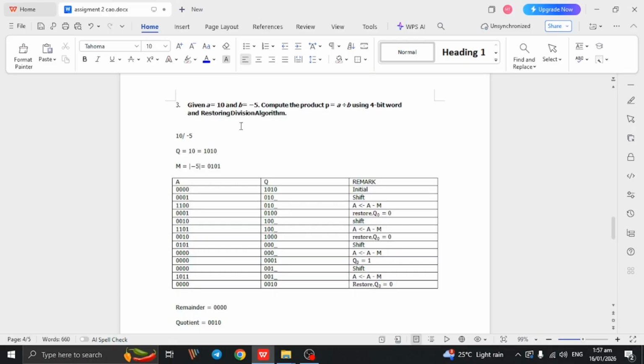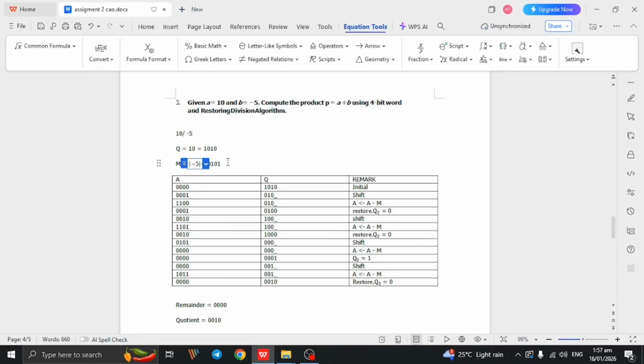For the third question, we are given a equal to 10 and b equal to negative 5. We are told to compute the product of p divided by b using a 4-bit word and restoring division algorithm. First we convert q, or in other words a, into binary. 10 becomes 1010. Then m, which is b, negative 5,